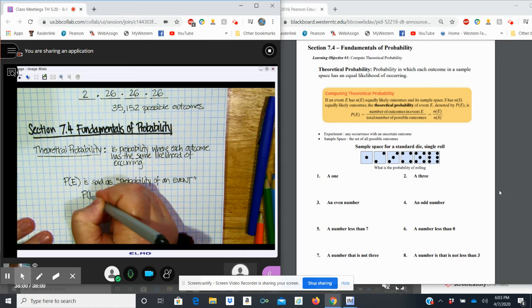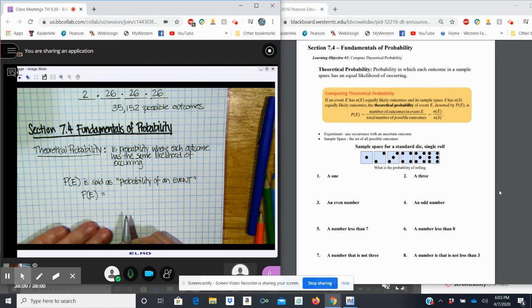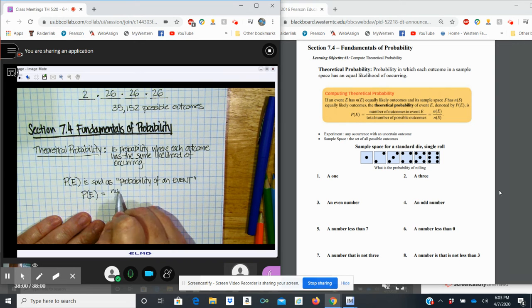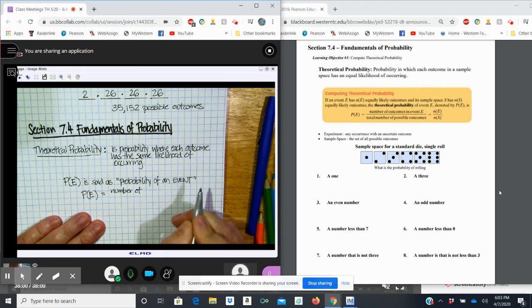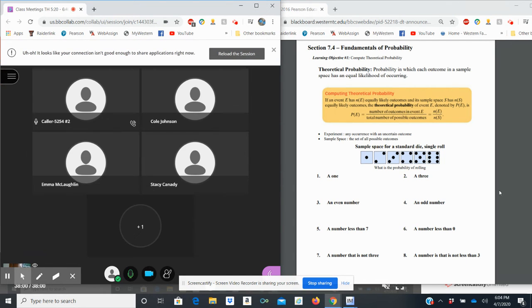P of E, or the probability of an event, is determined by taking the number of outcomes of the event and putting it over,